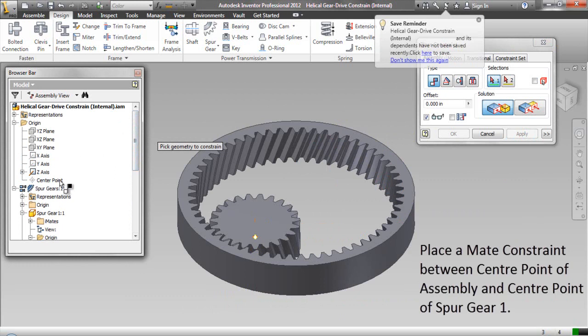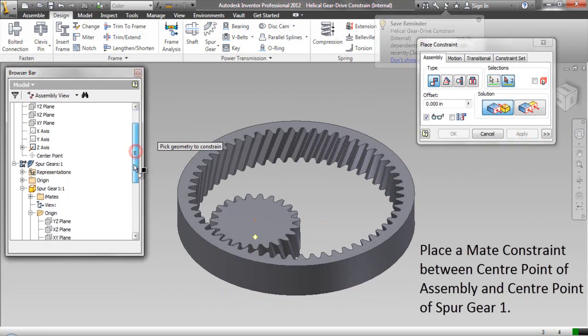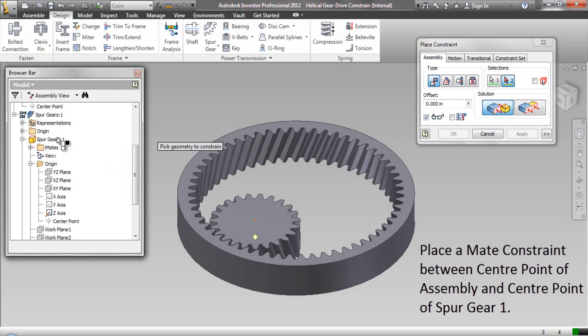Place a mate constraint between center point of assembly and center point of spur gear 1.